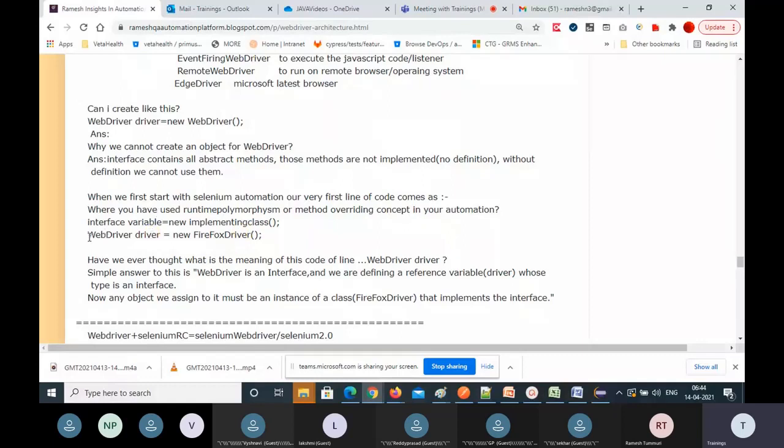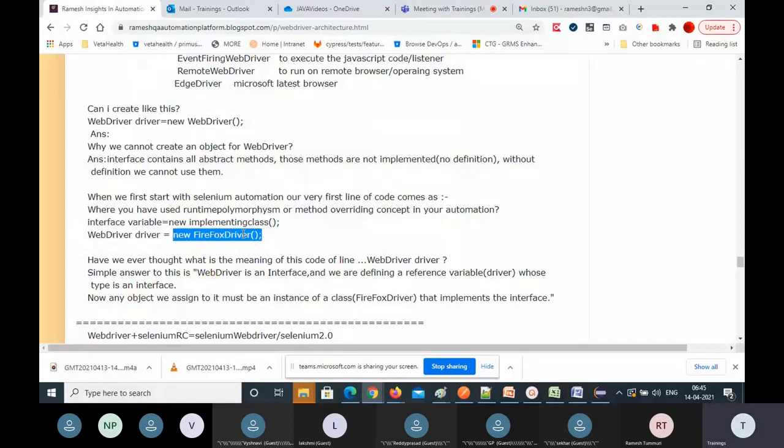Now what is meant by WebDriver driver? WebDriver driver means WebDriver is an interface and we are defining a reference variable of driver whose type is an interface. So now this driver type is an interface. Why driver type you need to write interface? This interface's methods you are implementing in the other classes. So now any object we assign to it, this is the object, right?